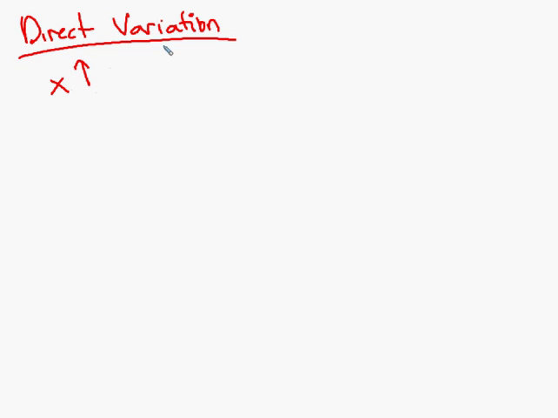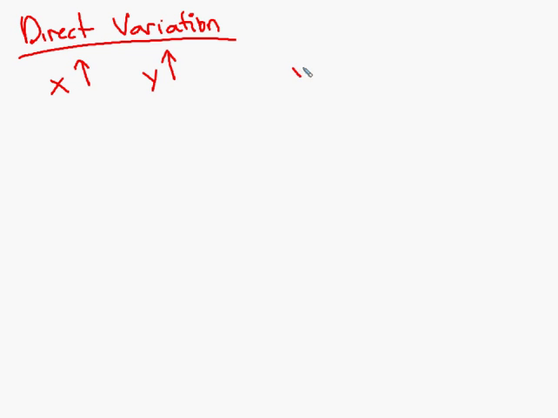So direct variation. That's what we're doing. Direct variation. Okay, direct variation. Basically, this is when I have a situation where when x increases, y increases proportionally at the